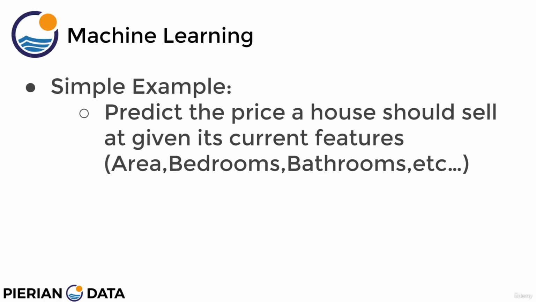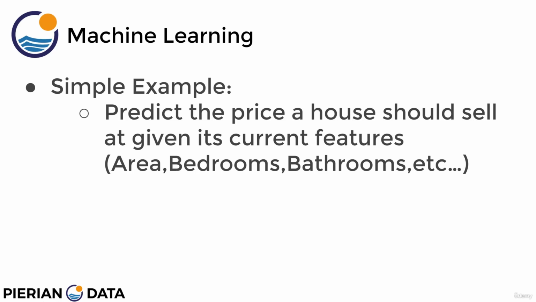So, for example, we have a house that we want to put on the market to sell. What price should we actually say that this house is for sale at? We know the area of the house in square feet or in meters squared. We know how many bedrooms it has, the bathrooms, what kind of carpeting it has, etc. We know all these data features of the house. And now what we want to do is predict the label, where the label is going to be the price we list and sell the house at.